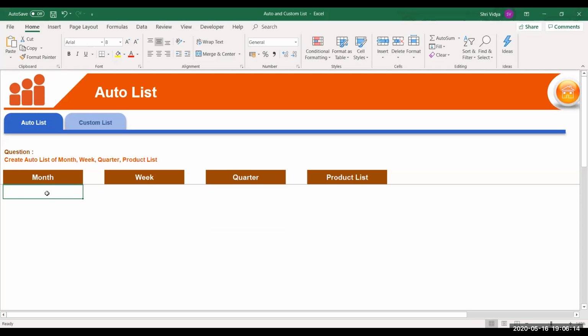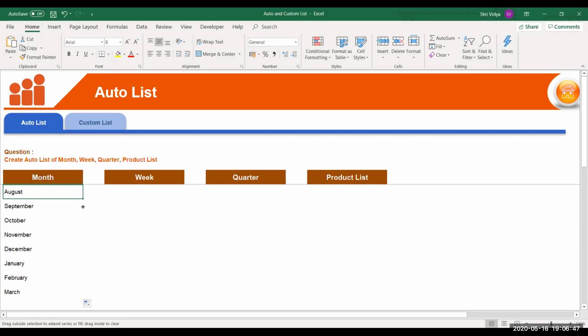Now let me type a month name. Let's say type August. It could be in uppercase or lowercase, half name of the month, or full name of the month. So it works in all these types. I just typed the name of a month, and at the corner of the cell selection, I have a small square. When I hover my mouse on it, it will change to a plus symbol. This is known as the autofill handle.